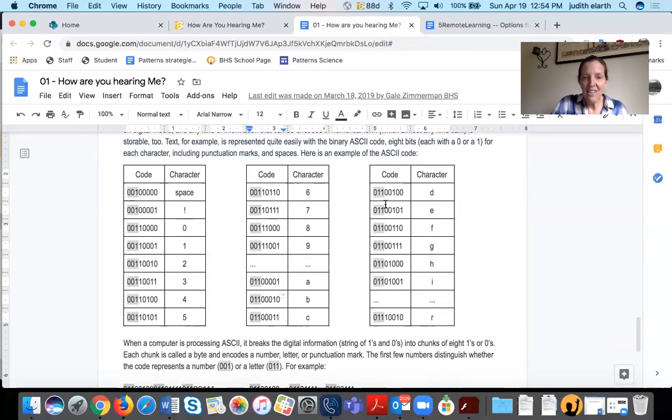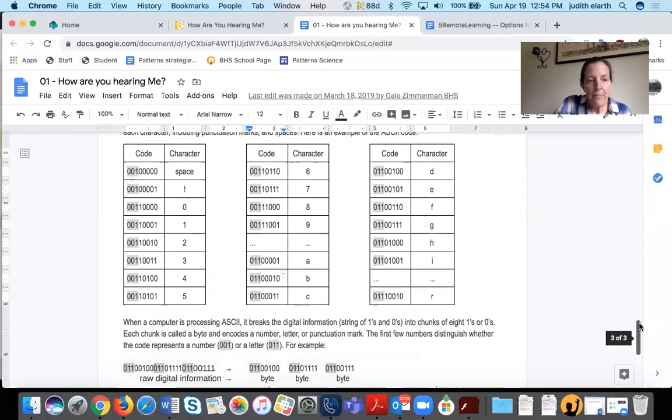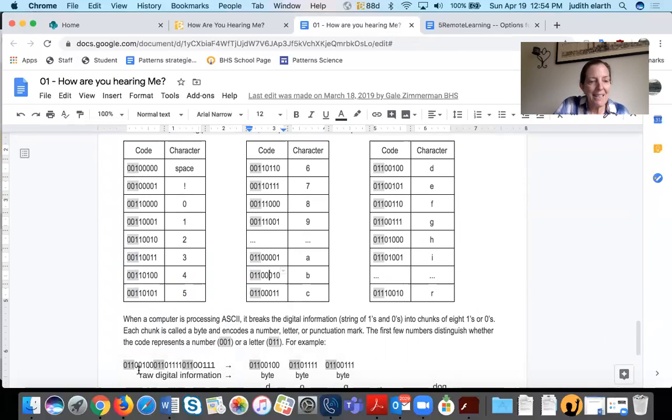Yeah. Okay. And then the last two little bits are 0, 0. So 0, 1, 1, 0, 0, 1, 0, 0. All of that works, that's a D.